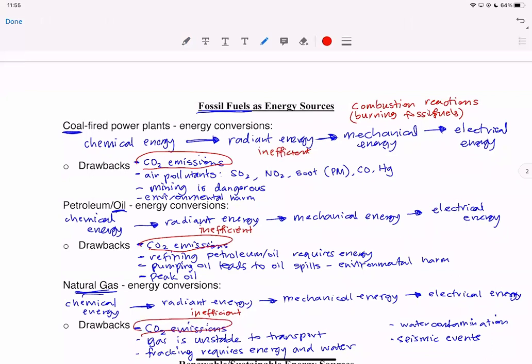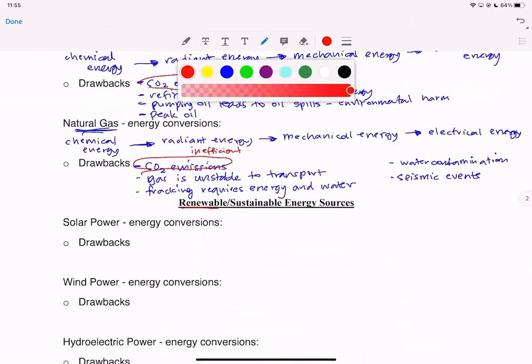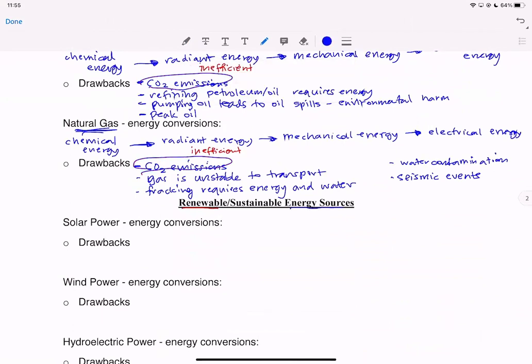So we move on to talk about sustainable energy sources, because we do need electricity. We need electricity for the grid. We need electricity for factories that make stuff. And we need to start talking and moving towards renewable and sustainable energy sources. Okay, so let's get to